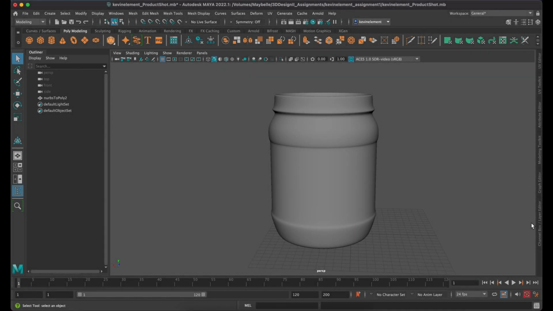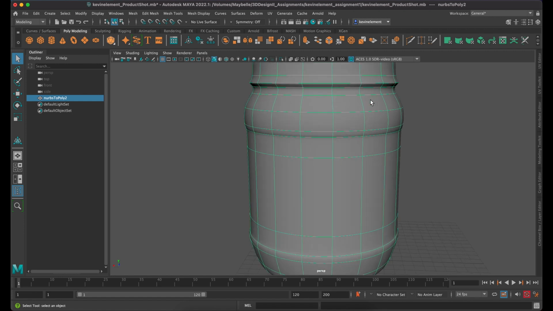Hello everybody. I'm going to hop back into my product shot project and start working on getting this unwrapped. My geometry is looking really good. From the previous tutorial, I've done a revolve using a curve that I created in Illustrator. Now what I want to do is start thinking about getting the geometry just perfect before I even consider doing